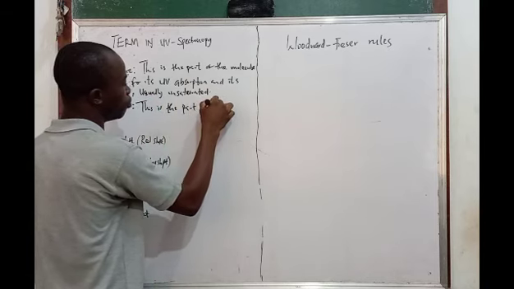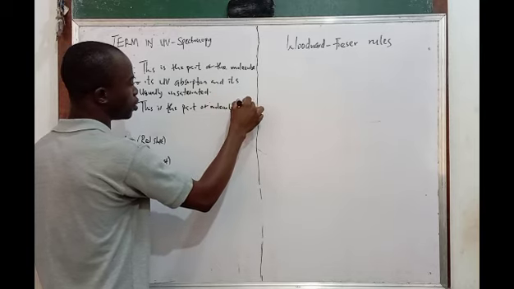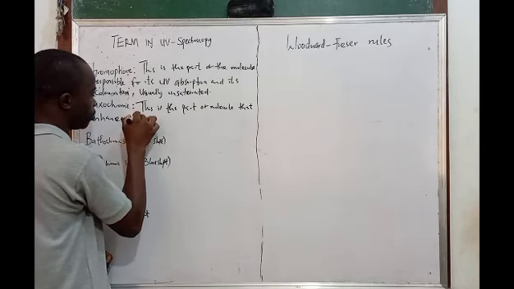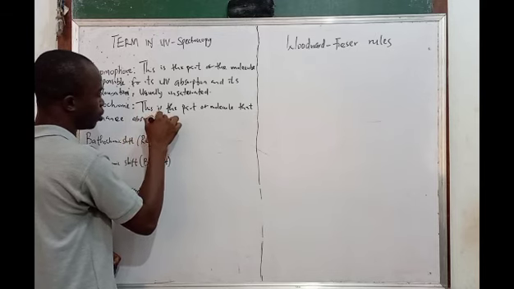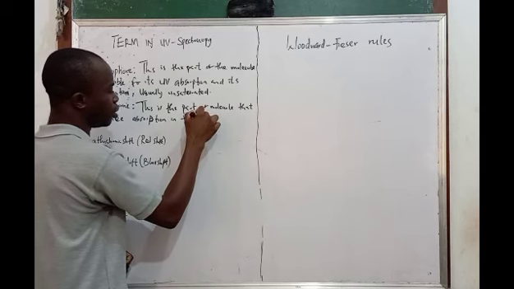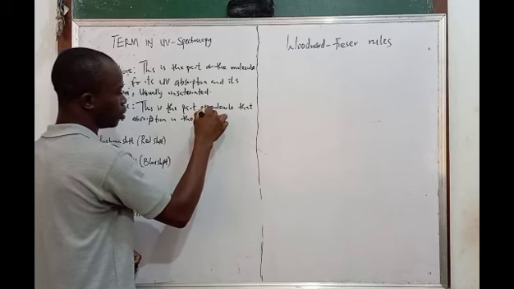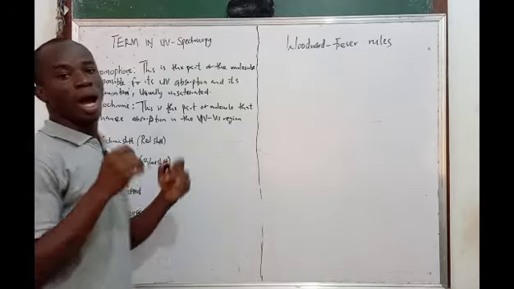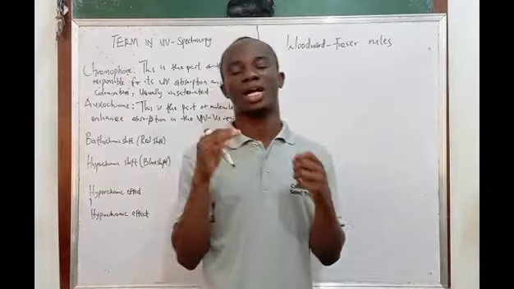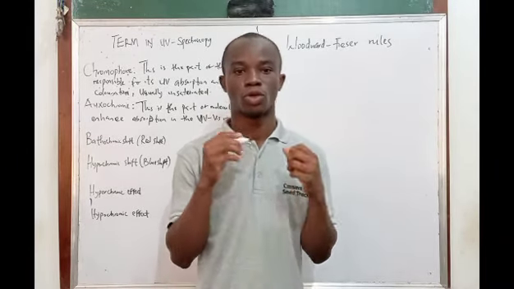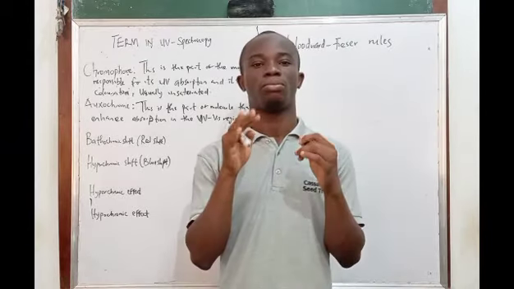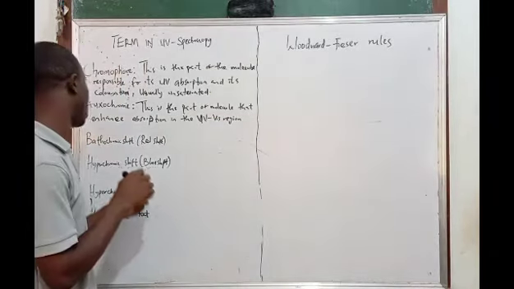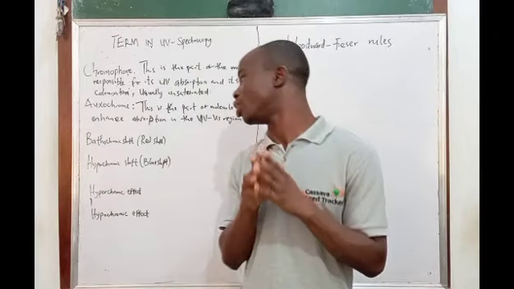that enhances absorption in the UV visible region. And usually, oxochromes are directly attached to the chromophore. I've said that they don't in particular absorb UV light, but rather they enhance the absorption of light by the chromophore. The next term we are going to be looking at is what we call bathochromic shift and